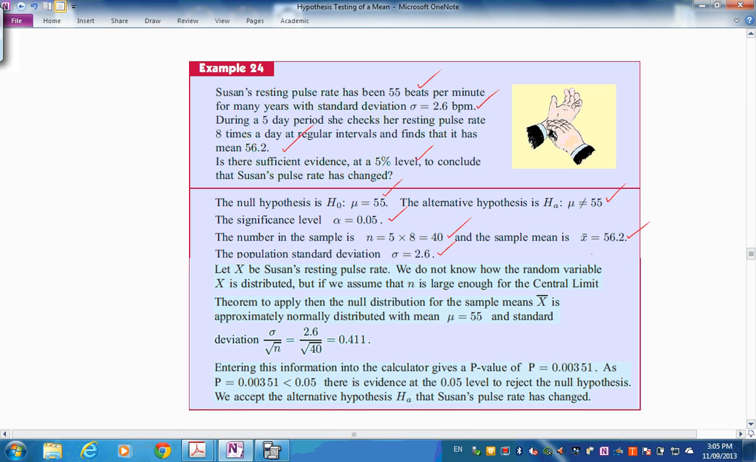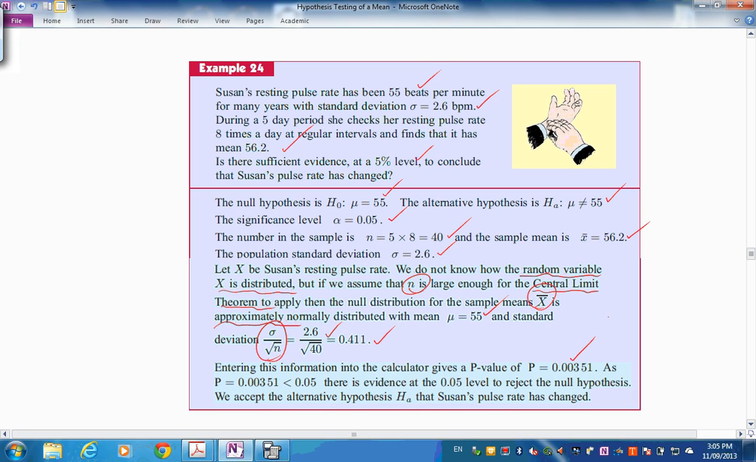Now, we don't know whether the random variable x is distributed normally, but n is pretty large here. It's 40, so we're going to say the central limit theorem will apply, and so the distribution of means is going to be approximately normally distributed. Mean of 55, standard deviation, don't forget, it's of means, 2.6 over root 40. You could do it by hand or put it into the calculator, and you get a p-value of